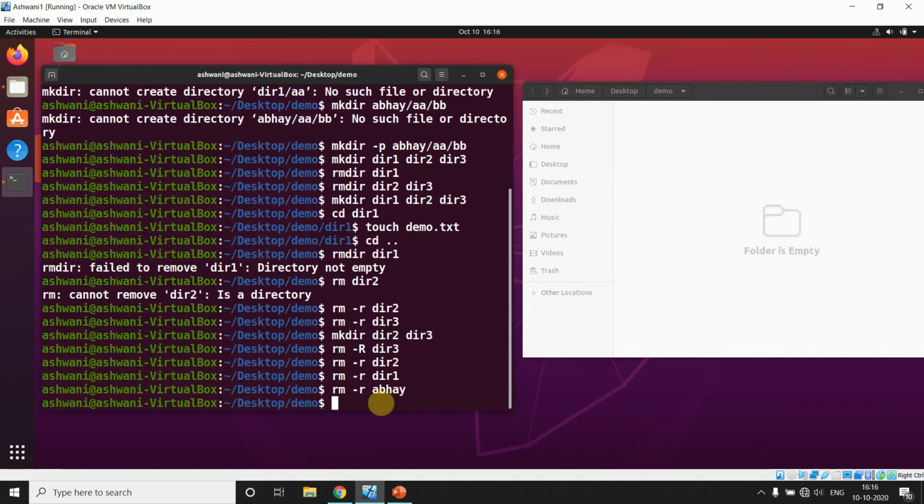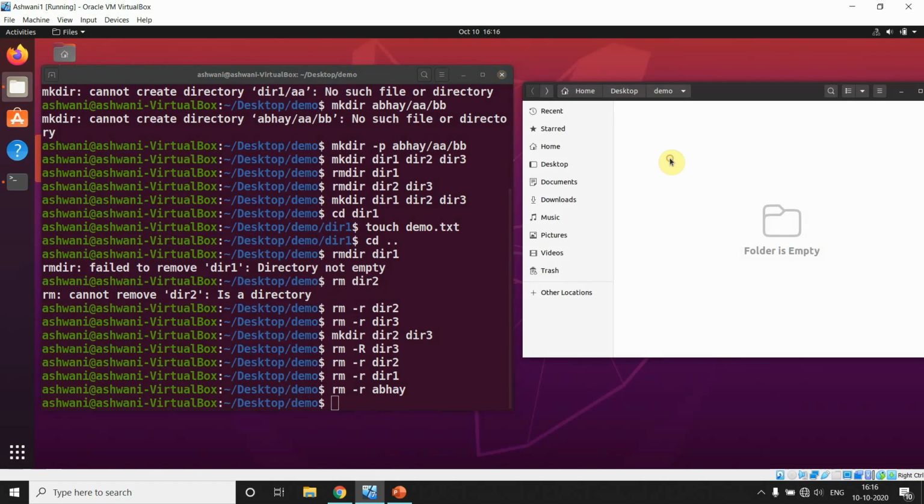abhay, yeah, it is removed. But remember one thing: in this case, the Unix operating system doesn't allow you to undo, like Ctrl+Z or something. Let me show you, I'm pressing Ctrl+Z here. It will show you the directories which we deleted in some previous command.